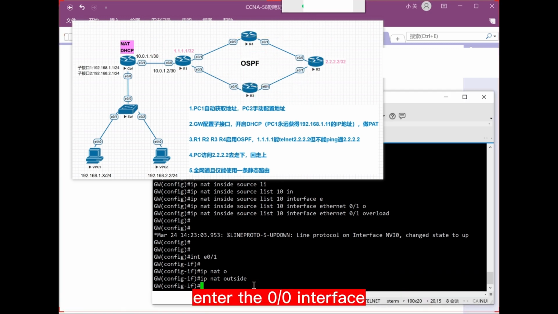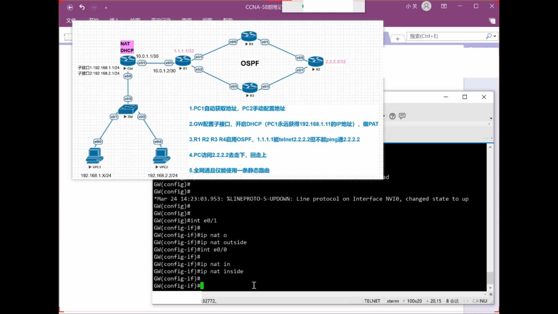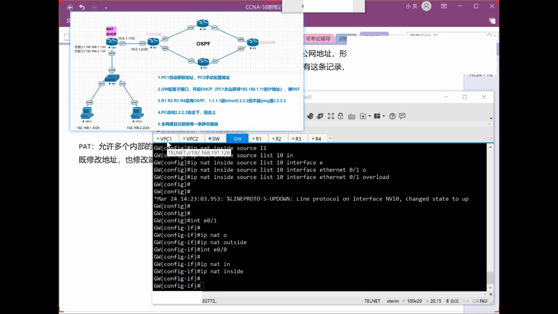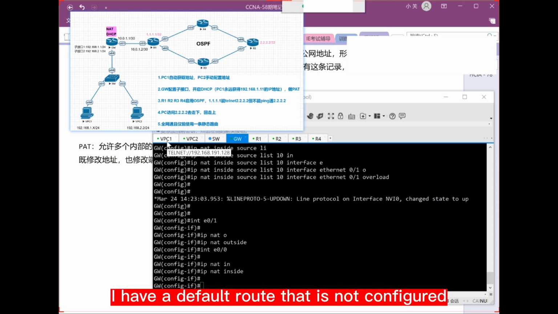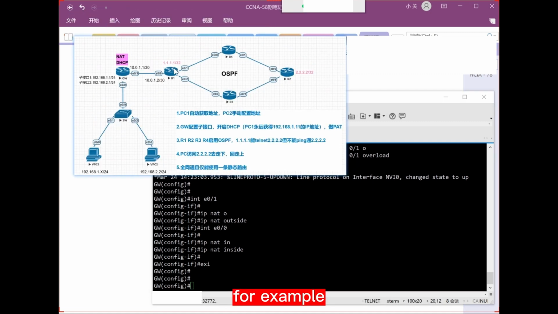Okay. Enter the 0/0 interface. It is ip nat inside. We are now configured. Now if configured like this, do you think it will work? Whether it can pass or not. We have a configuration that we did not do. I have a default route that is not configured. I want my PC to go online now. Assuming it goes through this R1, for example, I let it ping the R1 interface. In short, this is an external address. Ping